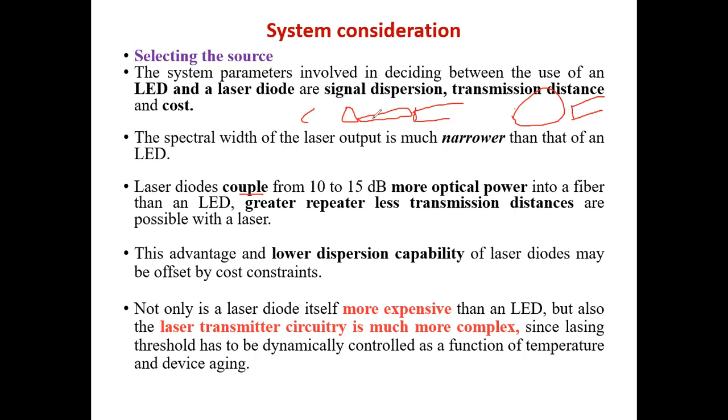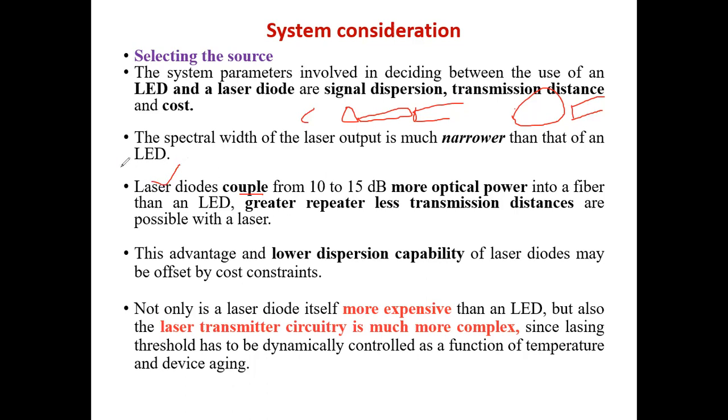So a laser has a coherent emission pattern, so the coupling of light from the source to the fiber is more. In an LED we have a non-coherent emission pattern, and the effective area of the radiation pattern is also more. So again light will be lost and very little light will be coupled into the fiber. So considering the coupling of power, again laser is better compared to LED.